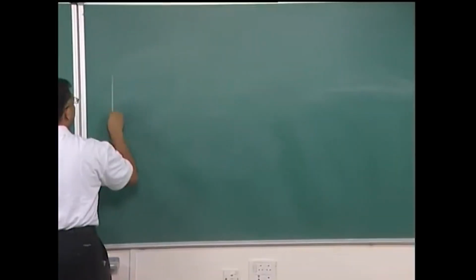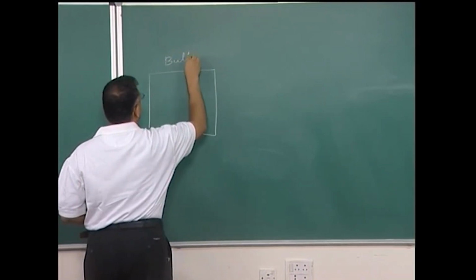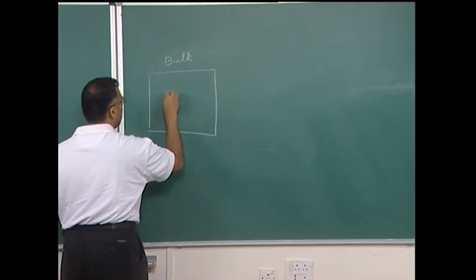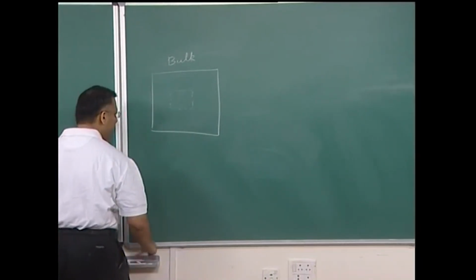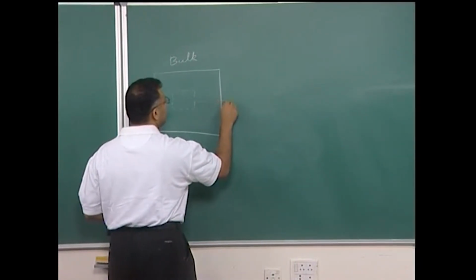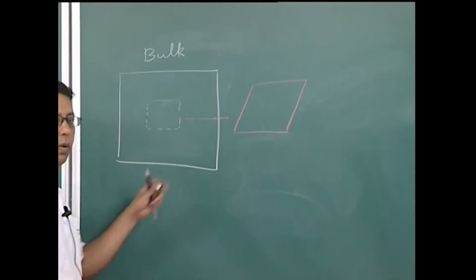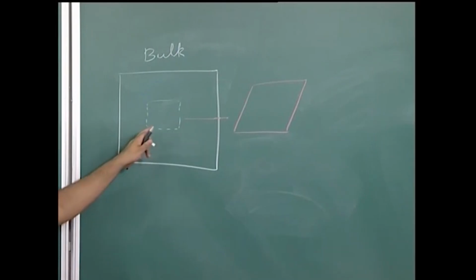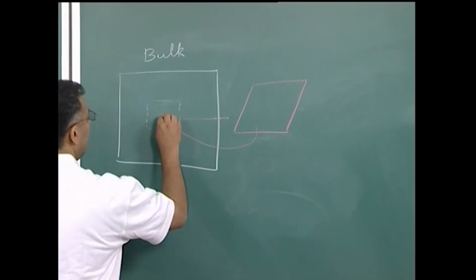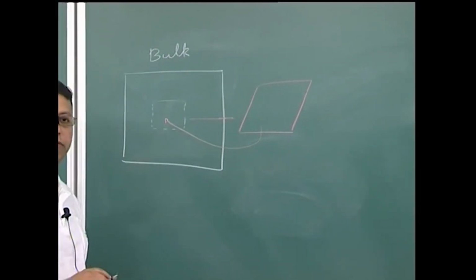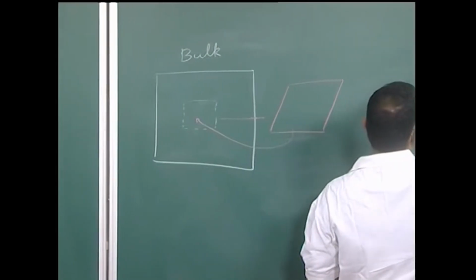So, let us understand this. Suppose I have a bulk crystal and I have a certain region which is transforming, and assume that after transformation this volume becomes like this. That means there is a shape change and there is a volume change. Now, in the case of the bulk, this transformed volume has to be reinserted into this volume, and therefore there is going to be a lot of strain energy. In the case of a nanocrystal,